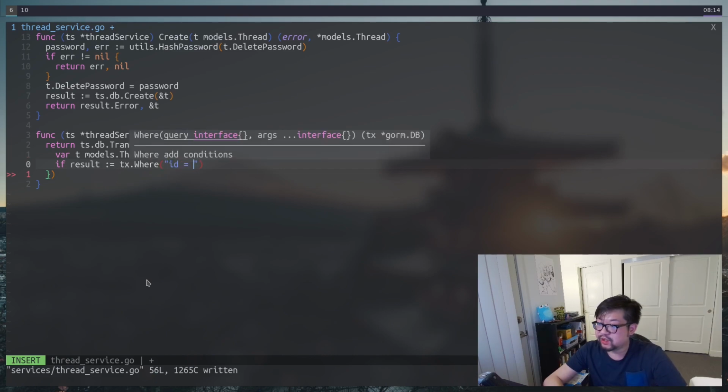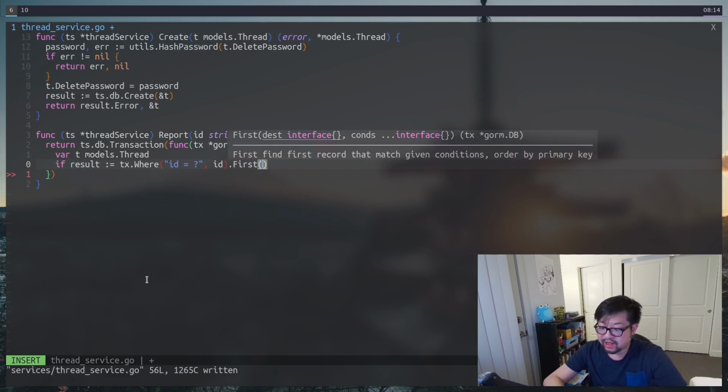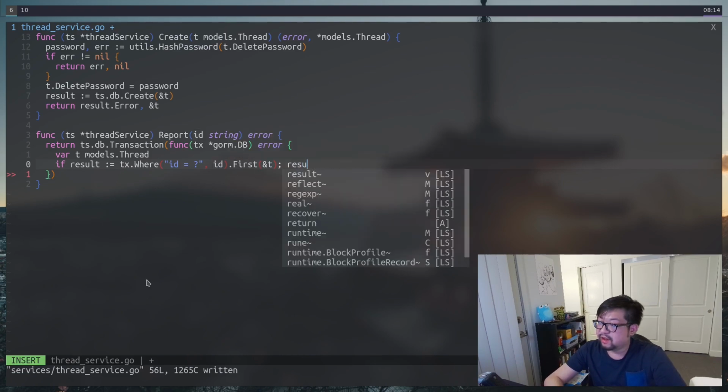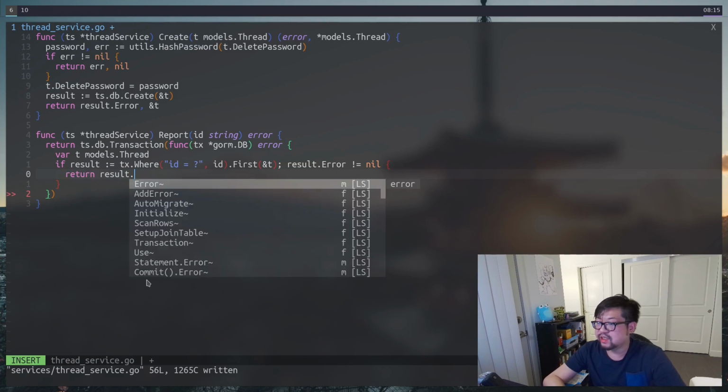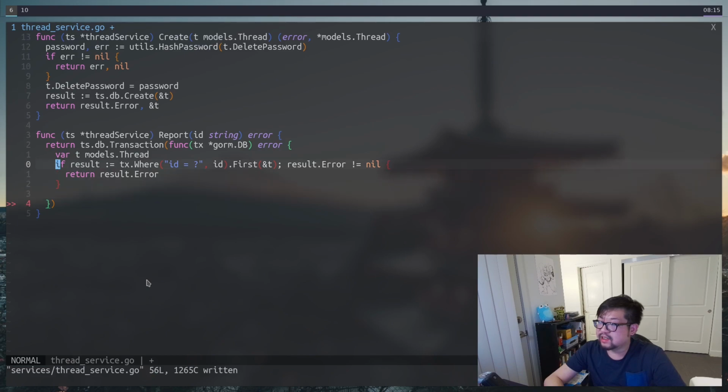The first is we're doing a find, where we provide the ID that comes from report, and we just want the first, and this returns an error, and we need to check if it's nil. I'm adding it inside the if block here because we need to handle that error. In this case, we're just going to return it. Also, because of this if statement block, the result variable is block scoped, so we can reuse the name for the next